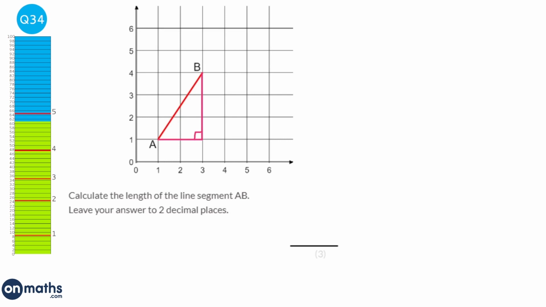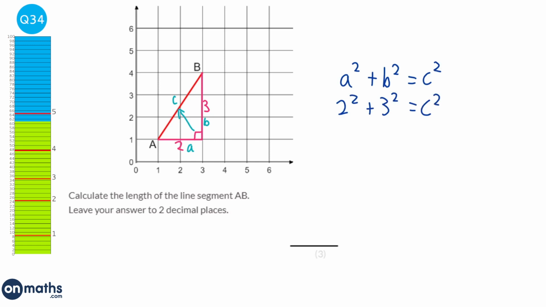And we're asked to find the length of the line segment AB. So we're asked to find what this length here is going to be. And we know what the other lengths are. We know that this is 2 and this is 3. So we're going to be using Pythagoras. And Pythagoras, we start by labelling the sides A, B and C must be the one that's opposite the right angle. And so we know Pythagoras is a squared plus b squared equals c squared. A is 2, b is 3,